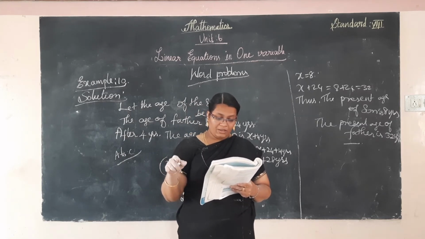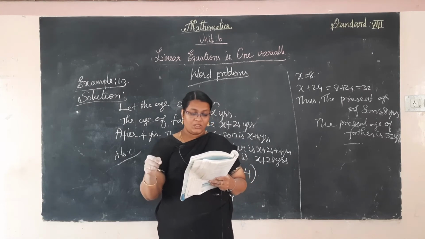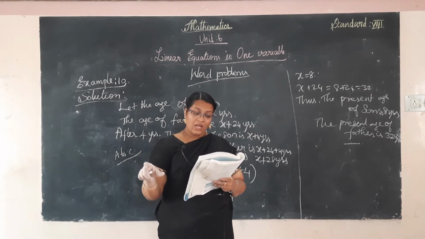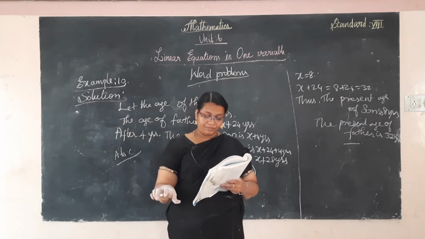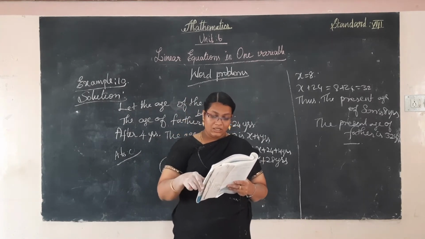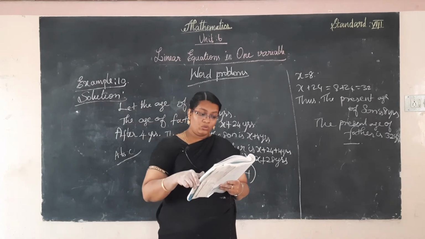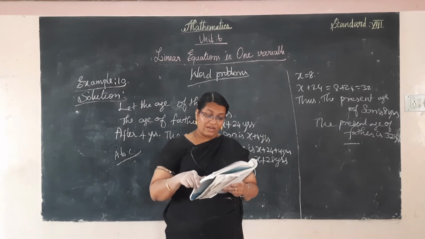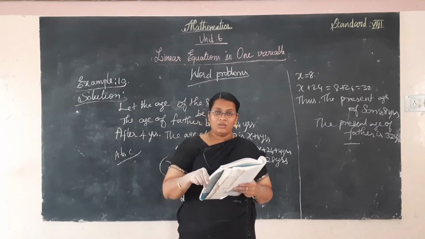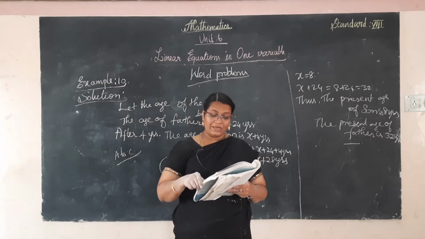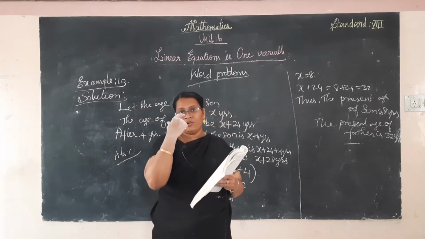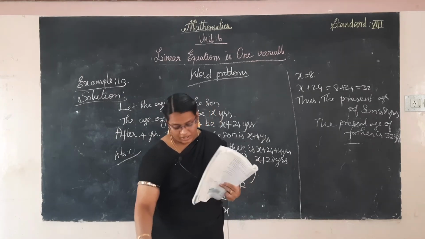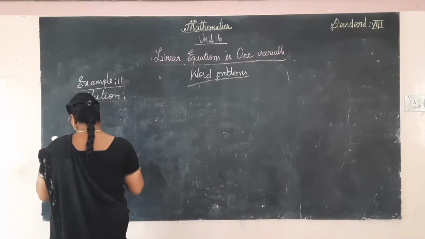And the numerator by 2. So the denominator is increased by 5, so x plus 5. At the same time, the numerator is also increased by 2. Then the fraction becomes 1 by 2. In the calculations, we equate it to 1 by 2. Find the fraction. Example 11.